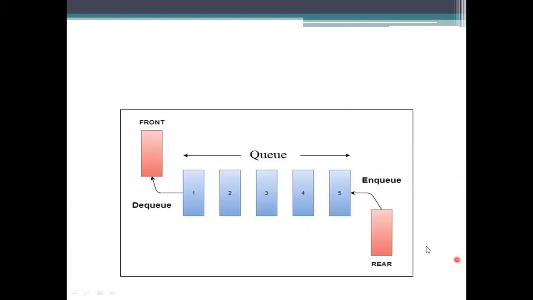Here I am taking the numbers 1 2 3 4 5 entered into a line. The dequeue, the deletion of elements, will be done in such a way that the first element entered is deleted first.